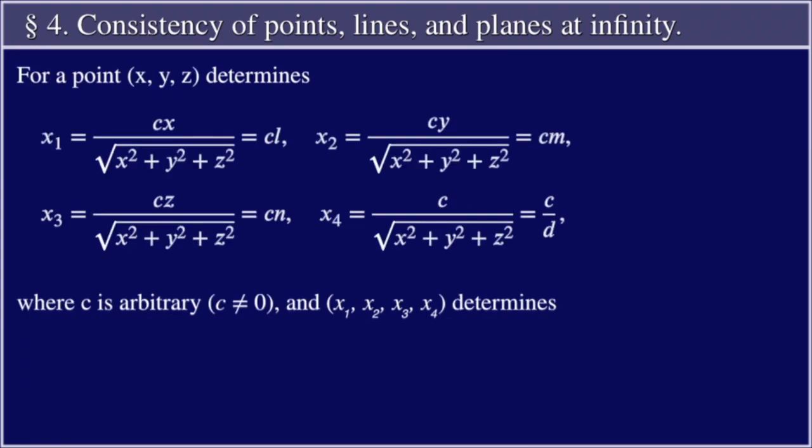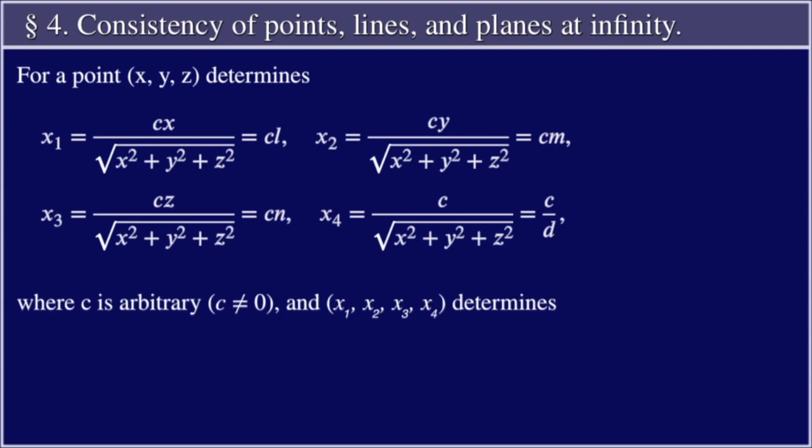x1 = cx divided by the square root of x squared plus y squared plus z squared, which is equal to cL. x2 = cy divided by the square root of x squared plus y squared plus z squared, equal to cM. x3 = cz divided by the square root of x squared plus y squared plus z squared, equal to cN. x4 = c divided by the square root of x squared plus y squared plus z squared, equal to c/d, where c is arbitrary, for any c not equal to 0,